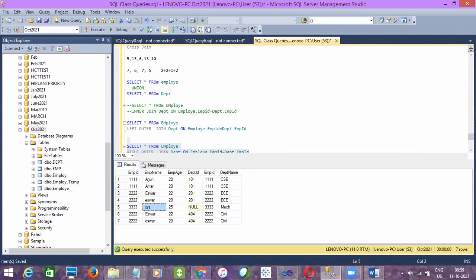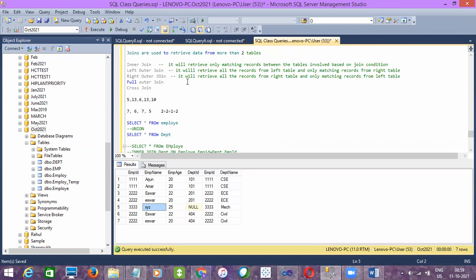And then if you take an example of full outer join, it will retrieve all the records from both the tables, and non-matching records will get displayed as null values.